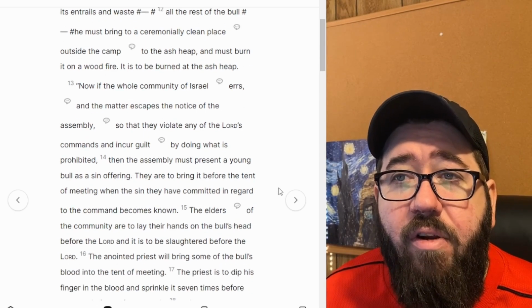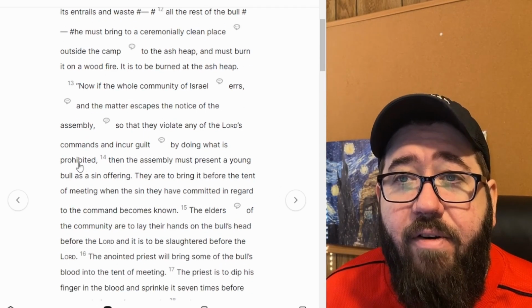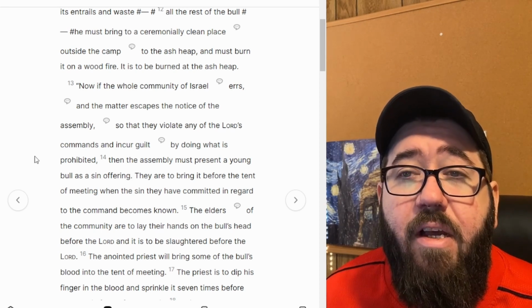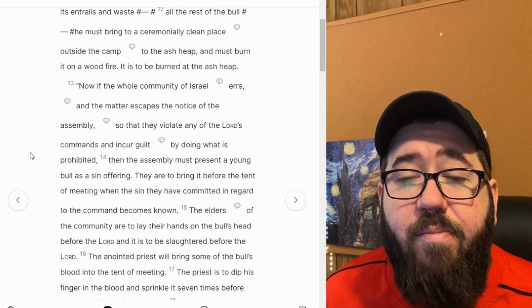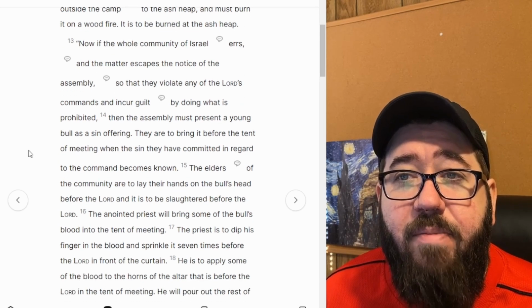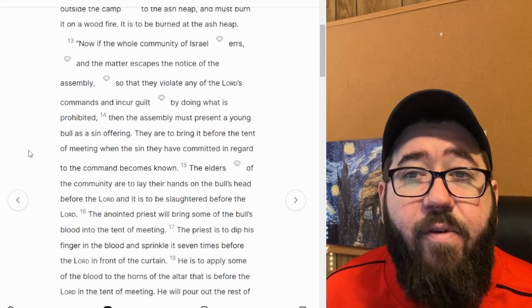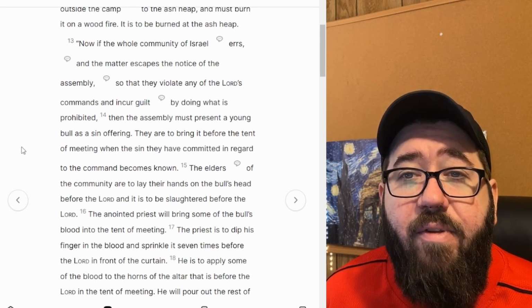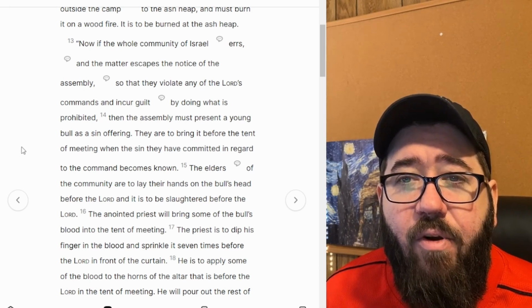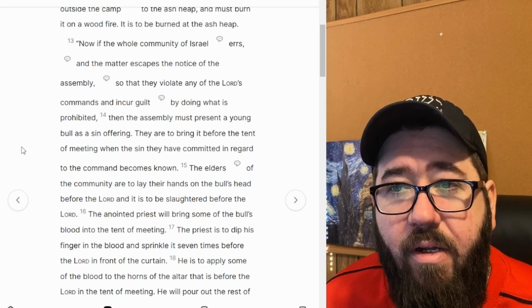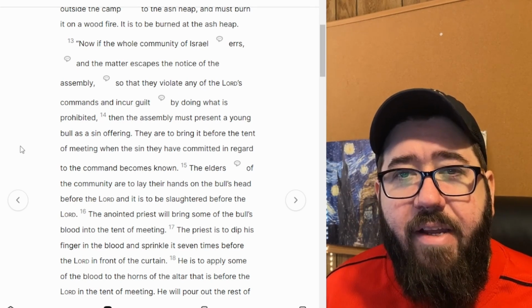Now if the whole community of Israel errs, and the matter escapes the notice of the assembly, so that they violate any of the Lord's commands and incur guilt by doing what is prohibited, then the assembly must present a young bull as a sin offering. They are to bring it before the tent of meeting when the sin they have committed in regard to the command becomes known." So something I think is